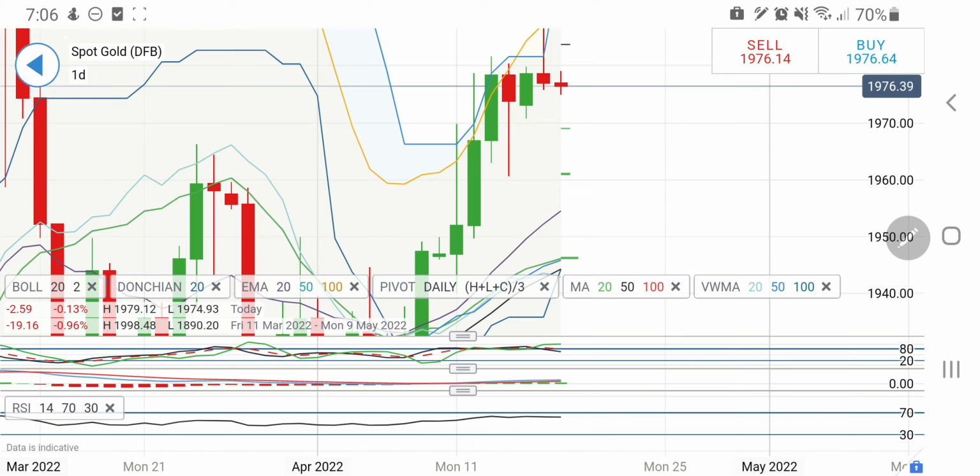There is a strong resistance at around 1980-81 zone, that is very much evident. So take your positions accordingly. No trade between 1970 and 1981. Above 1981 the target is again towards 1985, 1991 and 1995, 2000 levels.